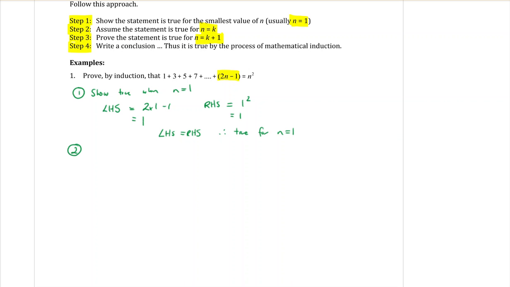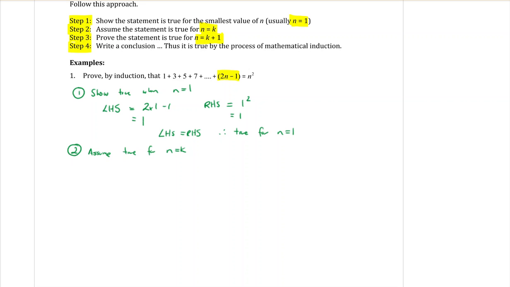Step 2 is to assume that it's true for n equals k. Now, you will sometimes see in the questions that it will say that k has to be greater than or equal to 1. You don't necessarily need to write that down, but again, if we're talking about a series here, then we're looking at positive integers, meaning whole numbers, 1 or bigger. Okay, sometimes you can start from n equals 5 or a higher number up,